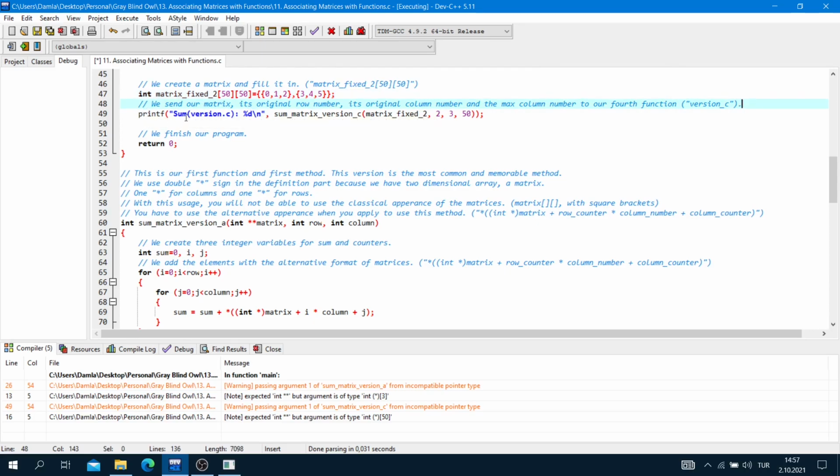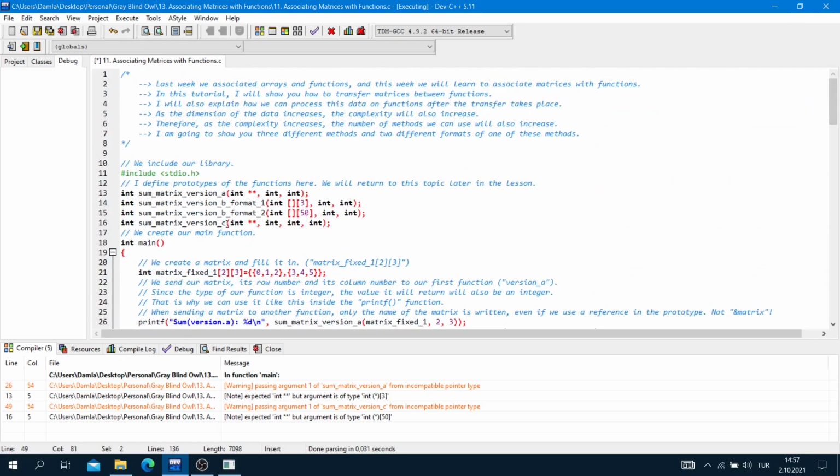Printf sum version C, the percent sign D, sum matrix version C, matrix fixed, 2 and 3 and 50. It's max column number. Okay? Its prototype is like that. Integer pointer like the first version, but we send the max column number. Okay, we send the max column number here.